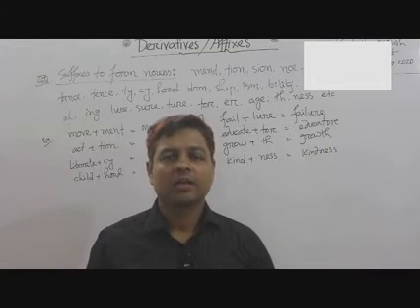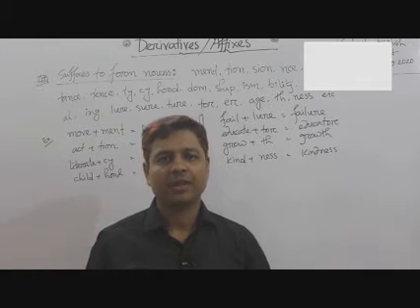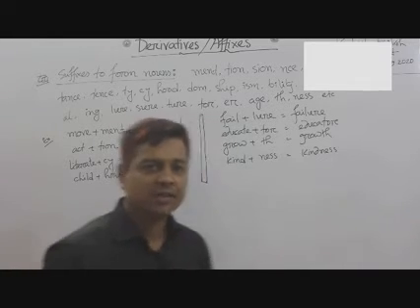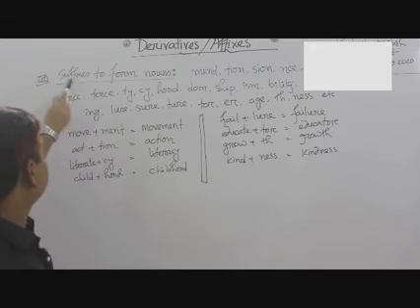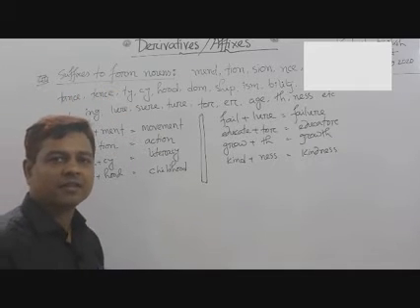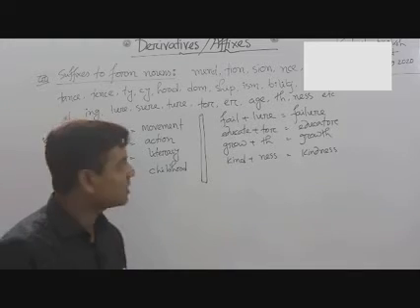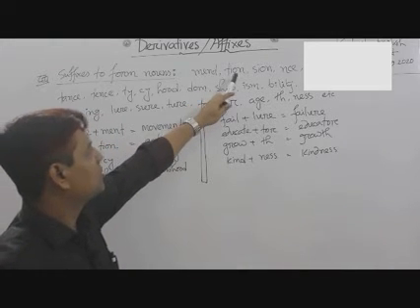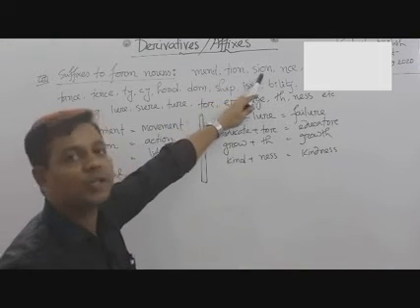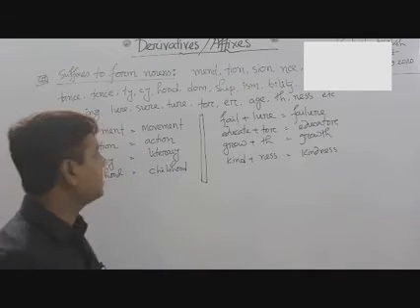Dear learners, now we will see the uses of suffixes and prefixes to form various parts of speeches. Here you see I have written suffixes to form nouns. That means what are the suffixes that are used to form new nouns? Here the suffixes are ment, tion, sion, nce, tance, tence,